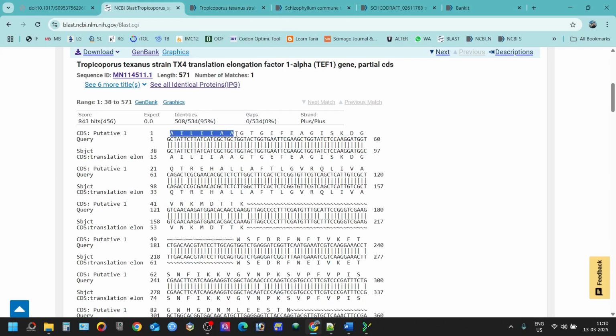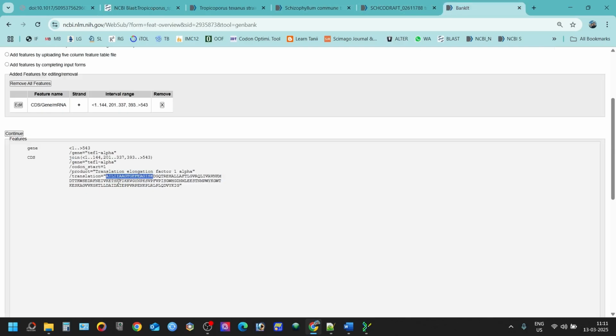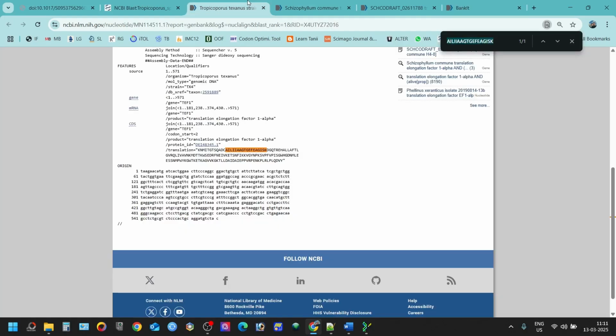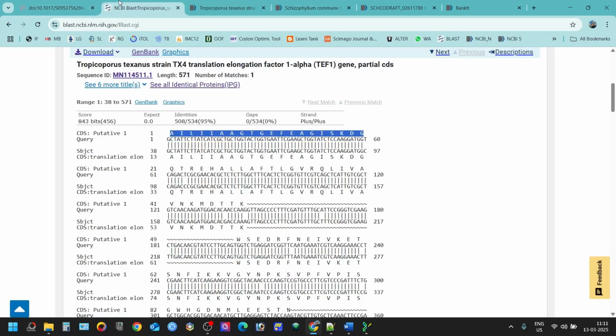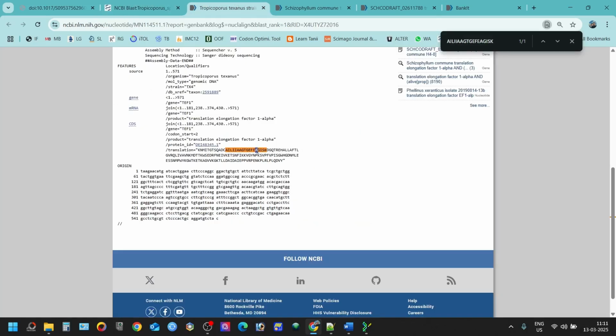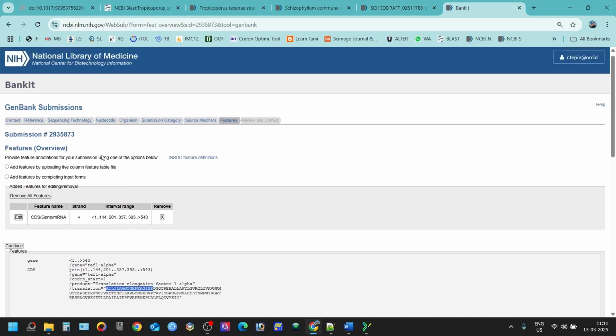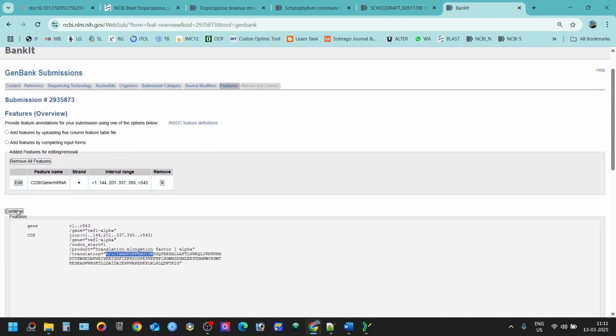What is the information that you have collected from here, and you have done that and chosen the correct open reading frame, you can copy this one and paste it here, then it should match because you have taken it from here, right? This is the other species. It should match because it is matching here, so it will match here. So it is matching, so the open reading frame that you have put is correct. Now you can submit this one. Everything is done. You can just continue,